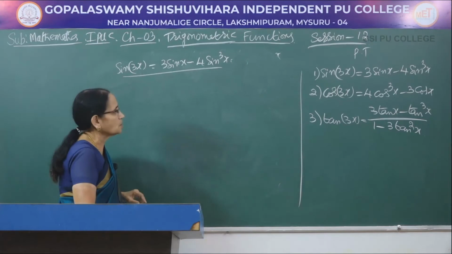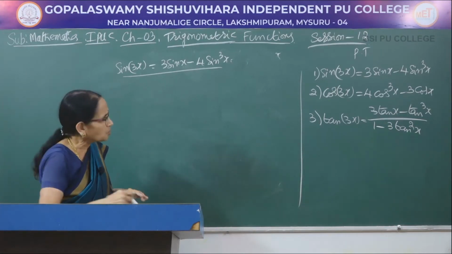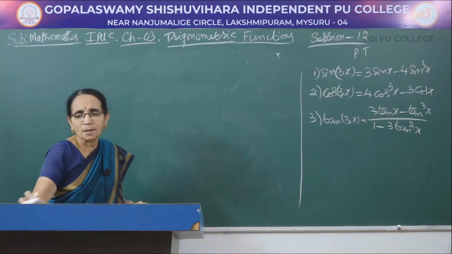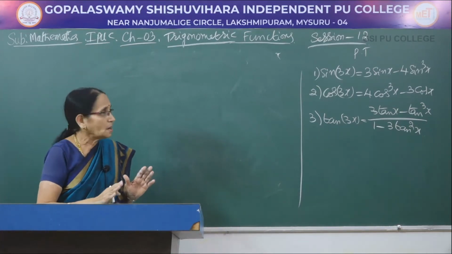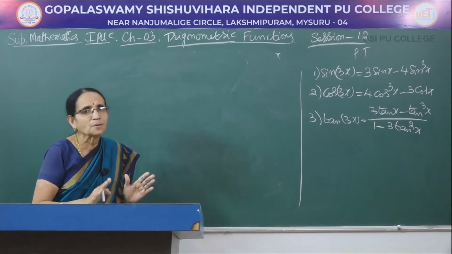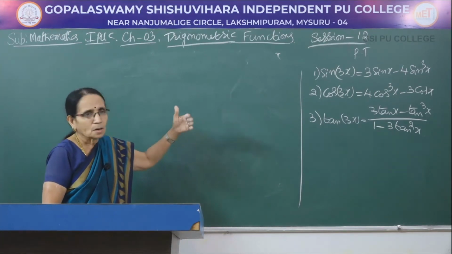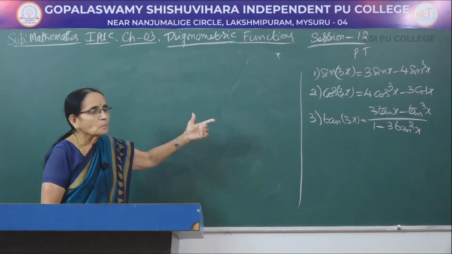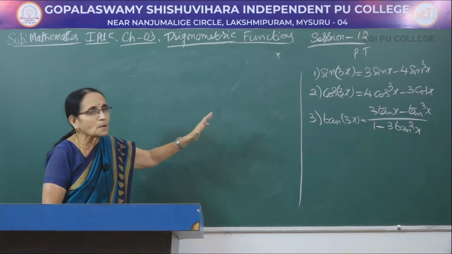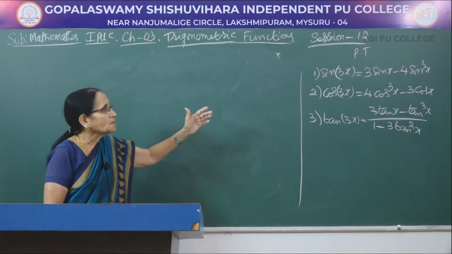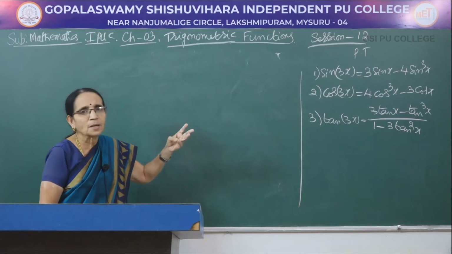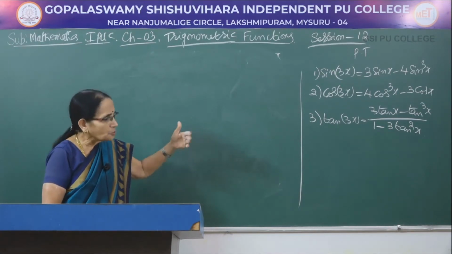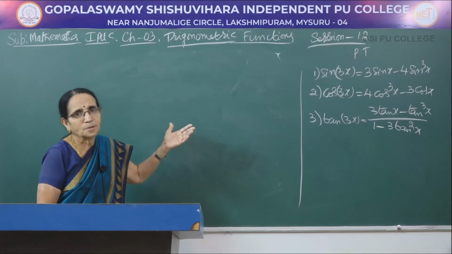Now let me move on to the next formula. The procedure is same. For all the three, the procedure is same. The angle 3x would be written as a sum of 2x plus 1x. Then apply the compound angle formula. After applying the compound angle formula, you apply the multiple angle formula, because all of them will be having either cos 2x, tan 2x or sin 2x. So first you apply the compound angle formula, then you apply the multiple angle formula. If need be, we may have to use the basic identity.